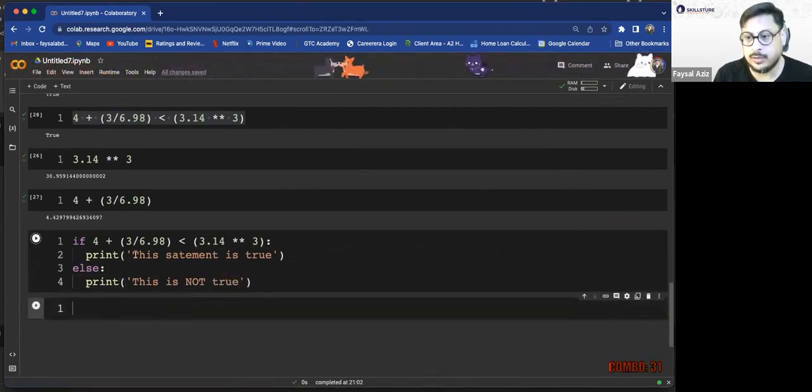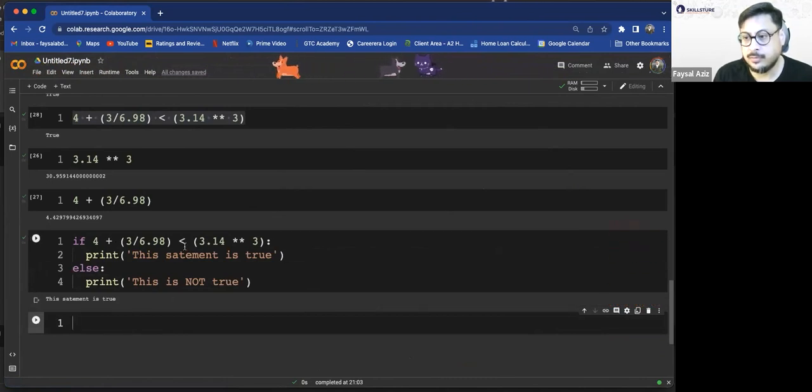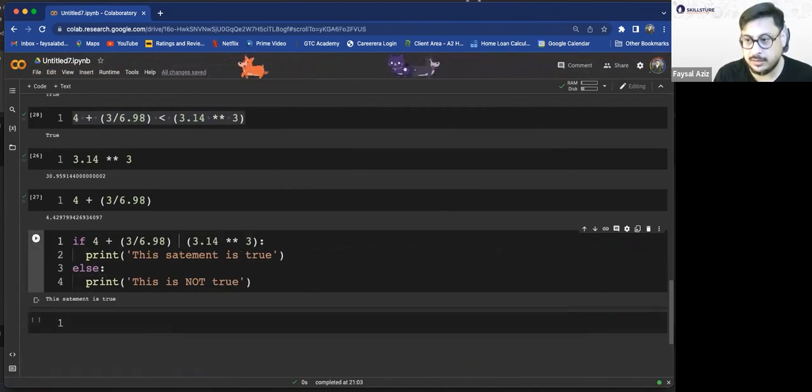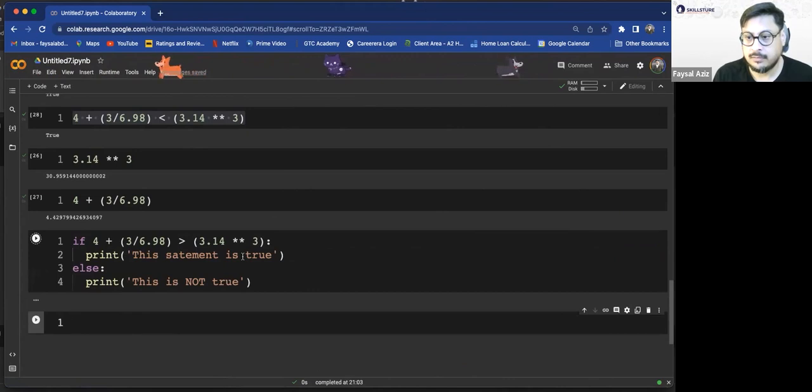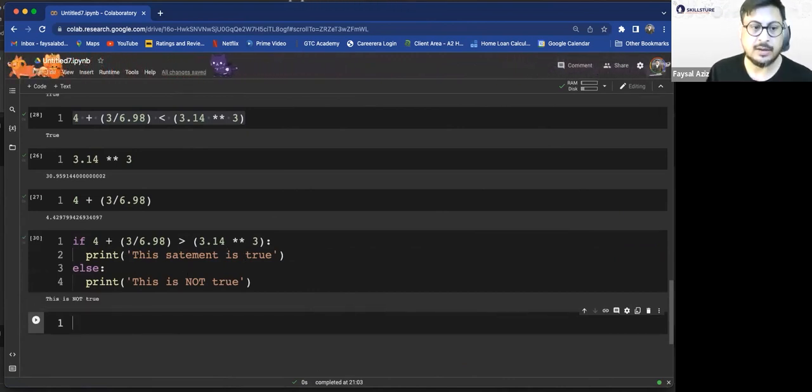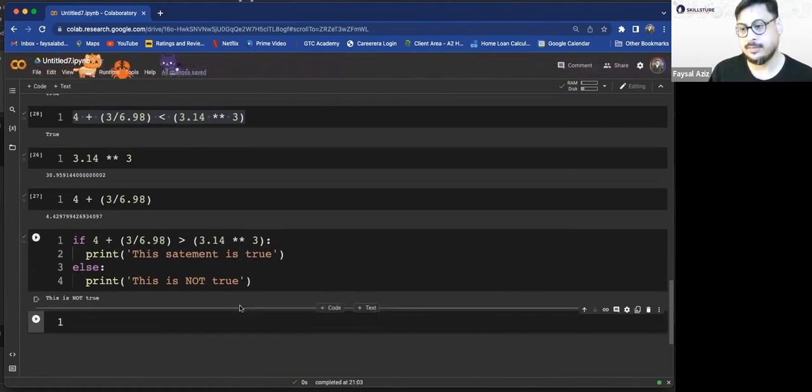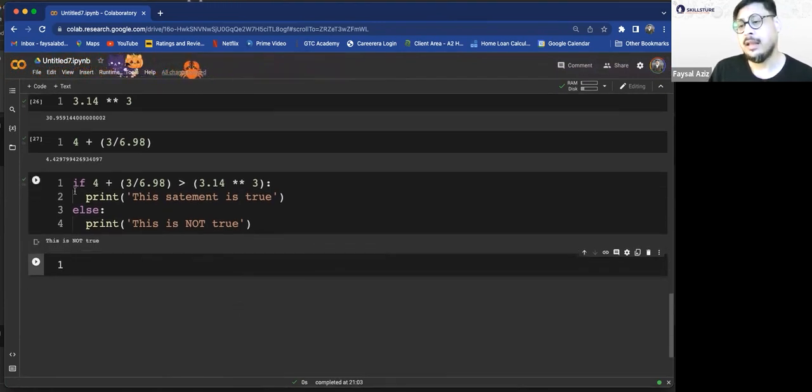If I run it, what will it say? This statement is true. If I were to change it, it says this is not true. This is called a condition. And this is where logic comes into play. This is where programming starts to get life, where you can actually check and do something.